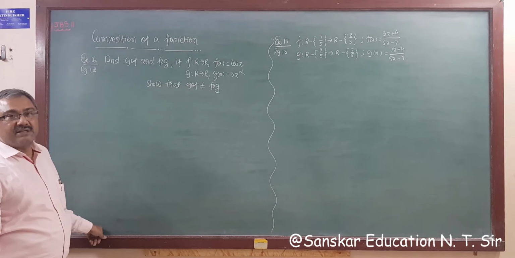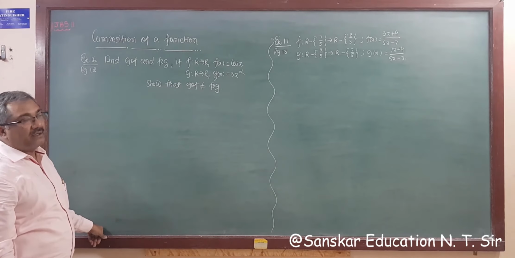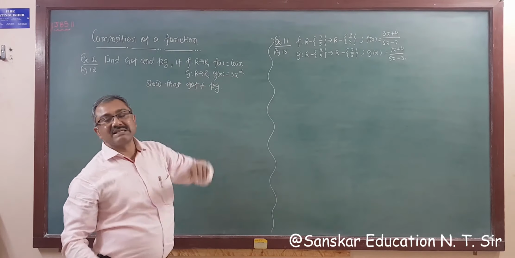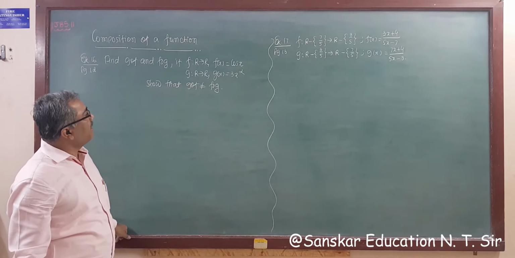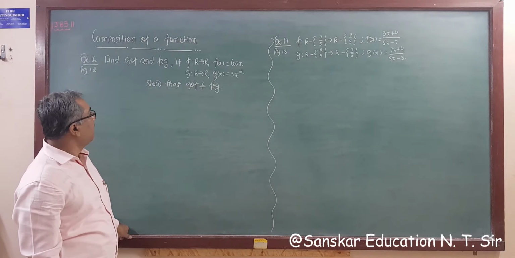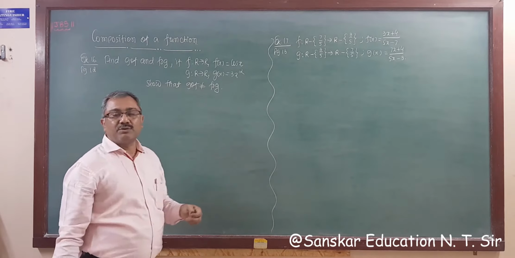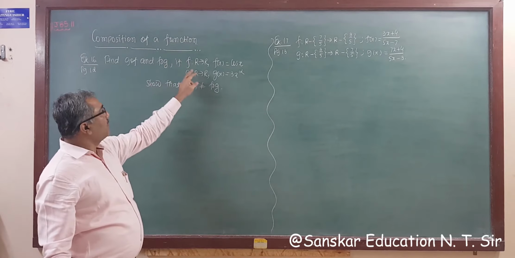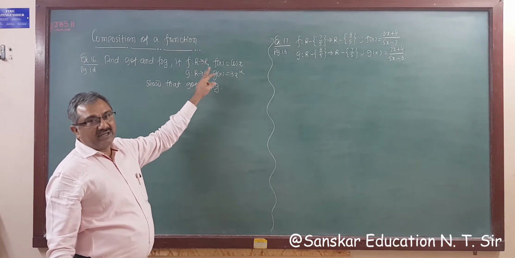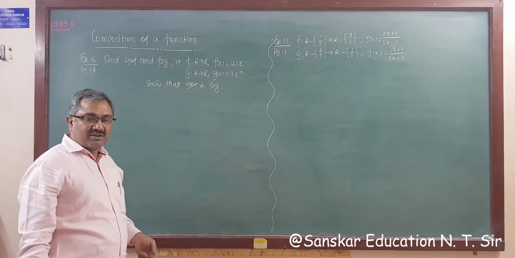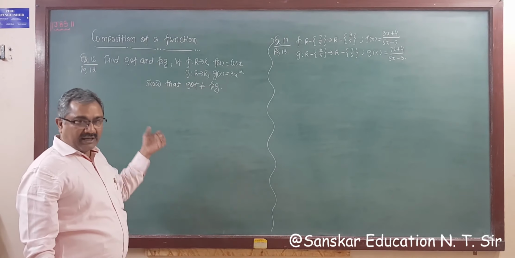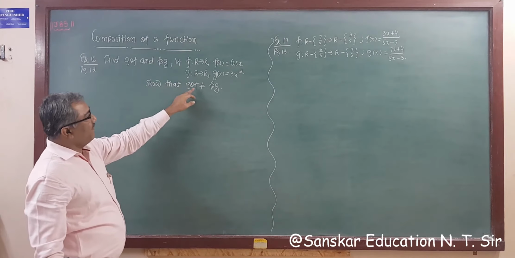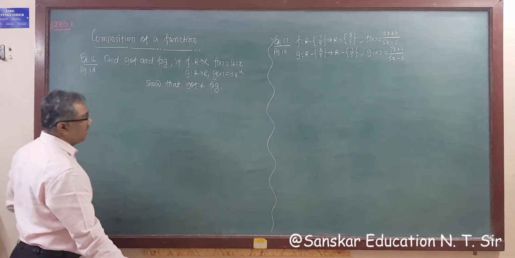Okay. Next question is example number 16, page 12. Find g over f and f over g if f is a function from R to R, f of x is equal to cos x, and g from R to R, g of x is equal to 3x squared. And we have to show that g over f is not equal to f over g, right? So here observe one thing. The domain and range of f and g are all the same, right? So no need to write range and domain. You can write directly that for g over f, the range of f is a subset of the domain of g, right?